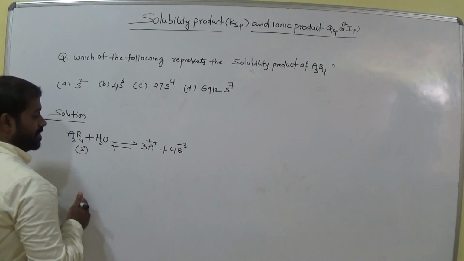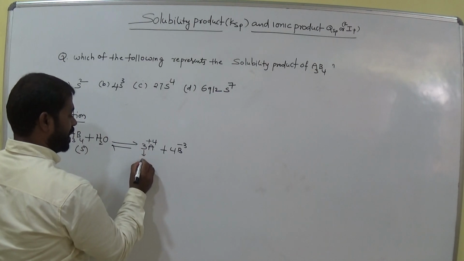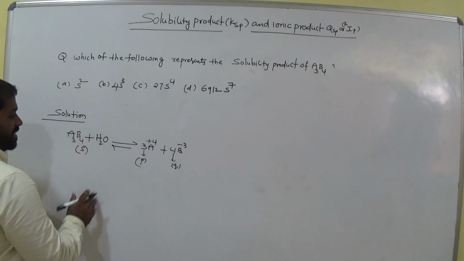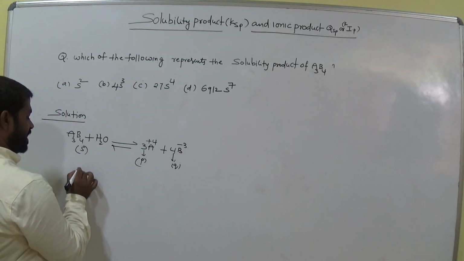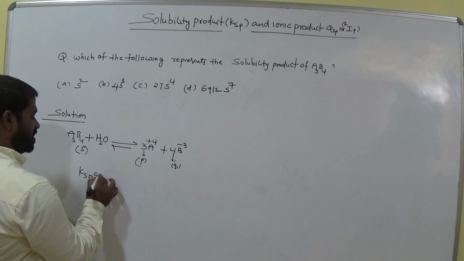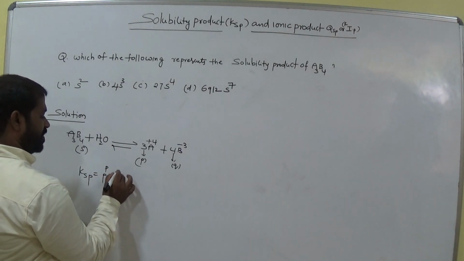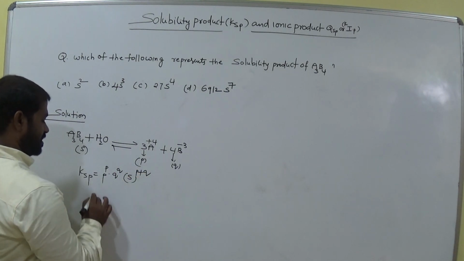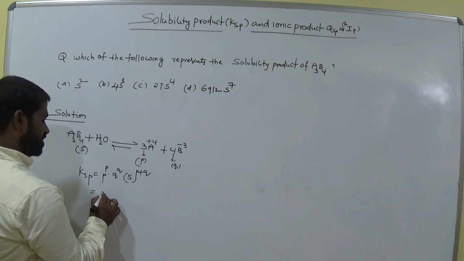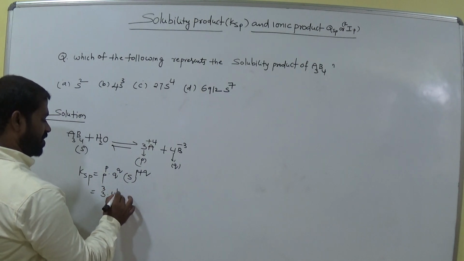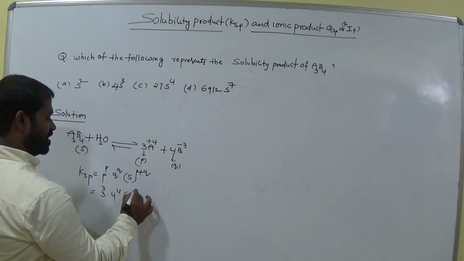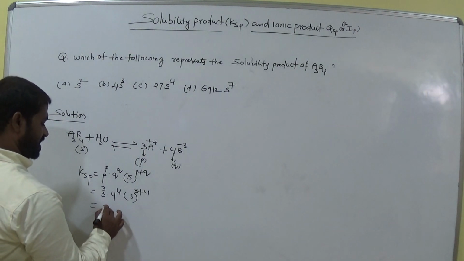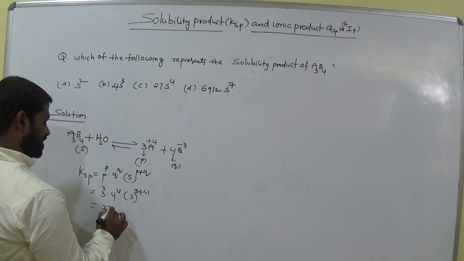Now this is the value of P. This is the value of Q. Am I right? All of you clear? And let's see this one. The solubility product Ksp is equal to P power P, Q power Q, S whole power P plus Q. Am I right? Now what about the value of P? 3 power 3 and 4 power 4, S whole power 3 plus 4. Now this is 27 and 256.